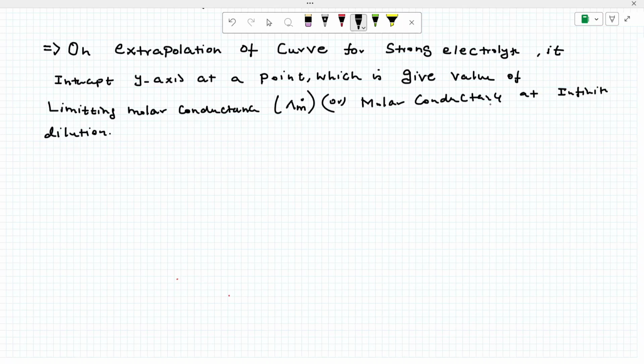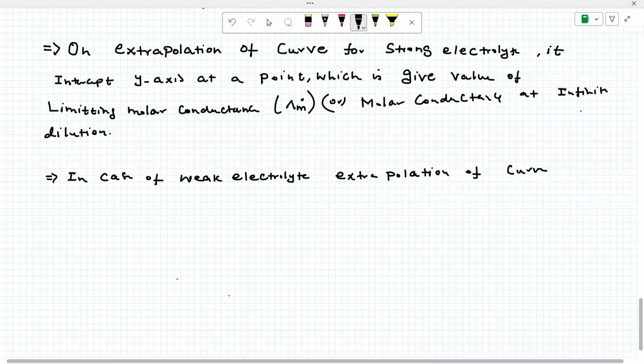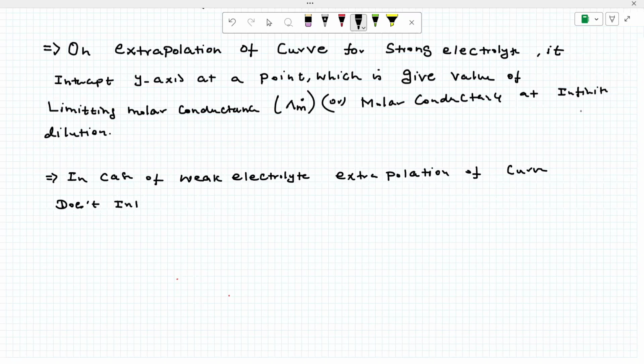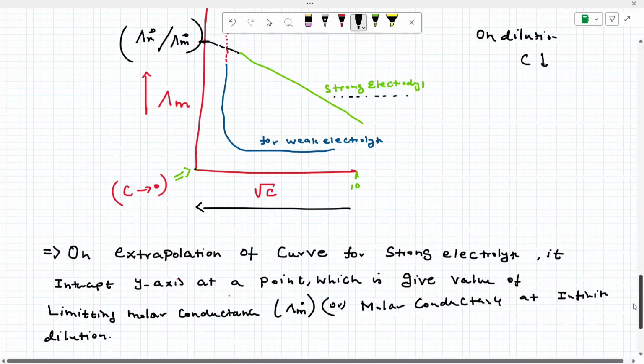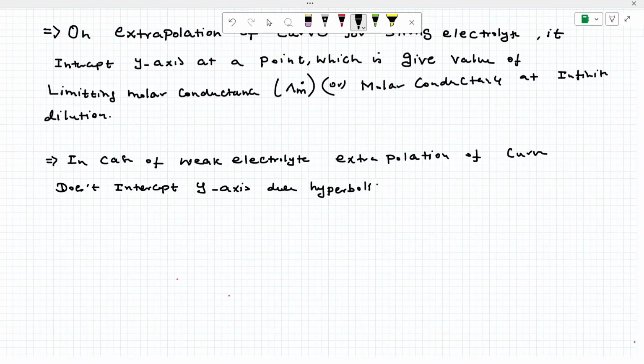In case of weak electrolyte, please note, the extrapolation of the curve does not intercept the y-axis. The graph, the blue color one, is called hyperbolic. Okay, hyperbola graph, due to hyperbolic nature,